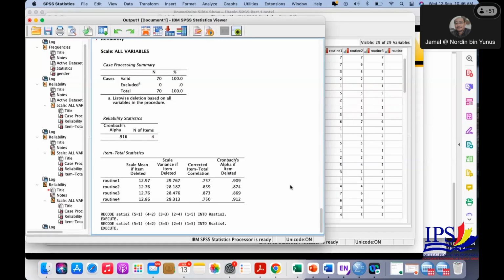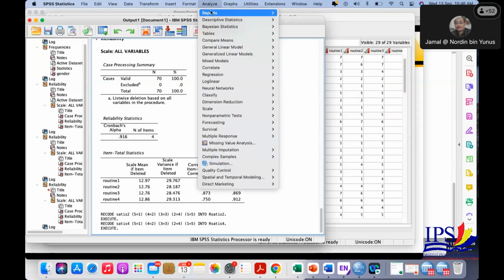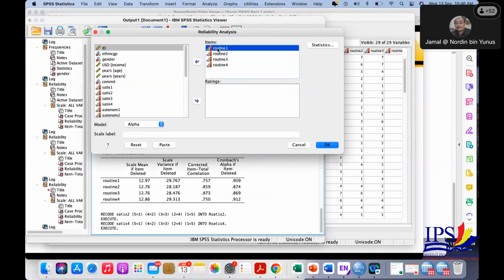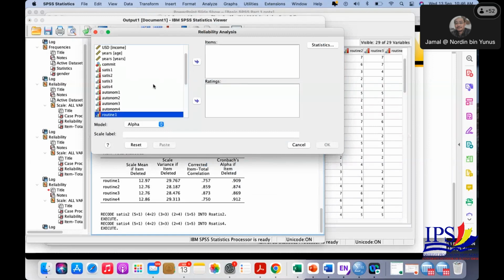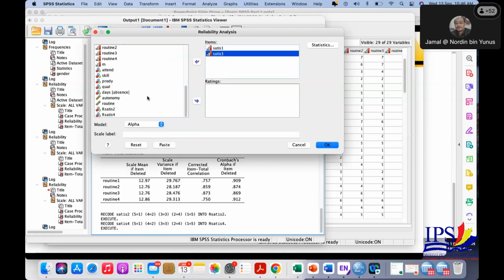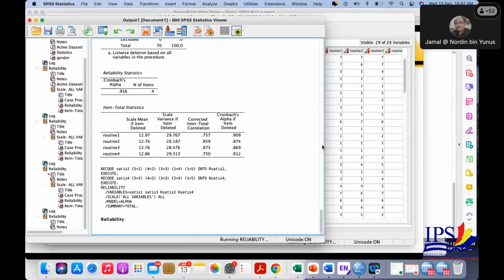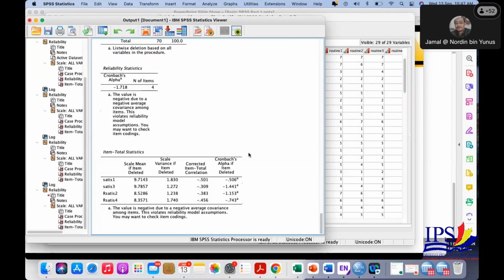And then we run the reliability analysis again. Go to Analyze, Scale, Reliability. So you click one here, enter here and set this. There is also. See, when you